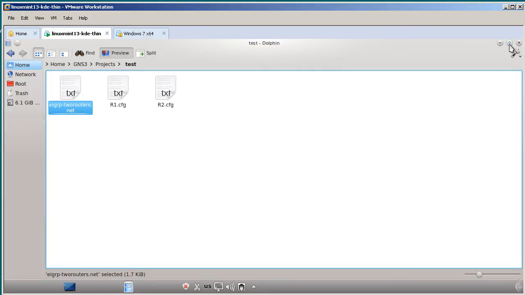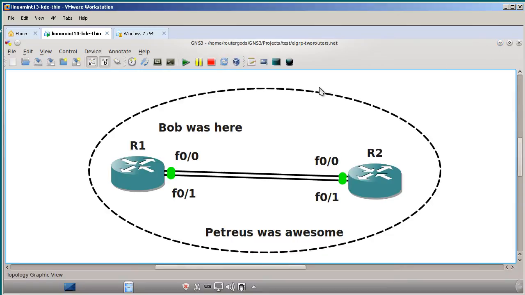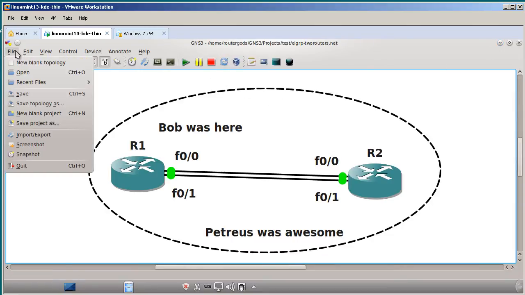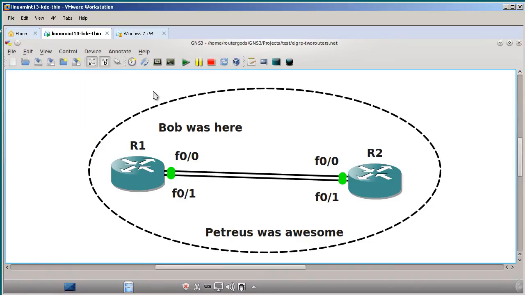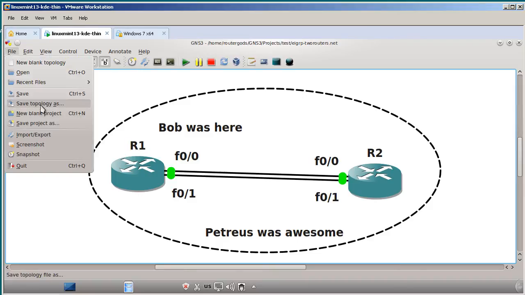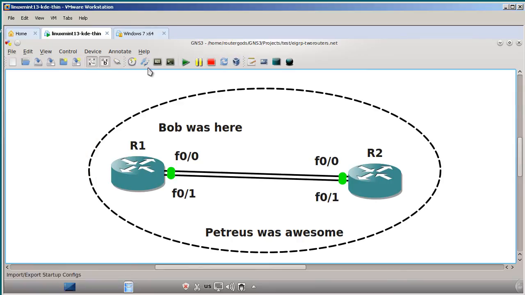We do this humongous topology, and they went up here, they saved topology as, then they saved their configs, and they come back at the next meeting and they go, oh, I load up topology, but my configs aren't there. Well, that's what happened. They did this first before exporting the configs out. It's kind of tricky, but